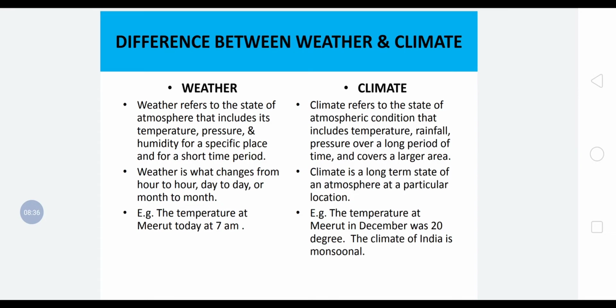For example, the temperature at Meerut today at 7 a.m. was or is called weather. कि सुबह कैसा मौसम था. And if I talk about climate, the temperature at Meerut in December was 20 degree. That means 6 महीने पहले मौसम कैसा था. And the climate of India is monsoonal. हमारा इंडिया क्लाइमेटिक कंडीशंस हमारी मॉनसूनल हैं, बारिश पे डिपेंड करता है कितनी बारिशें आती हैं,